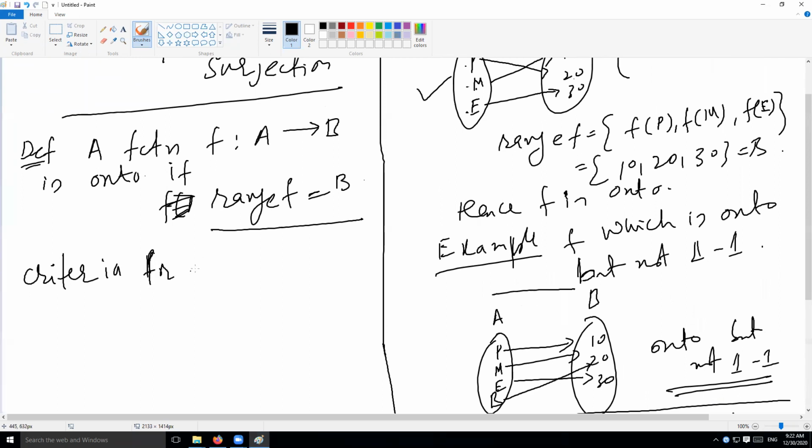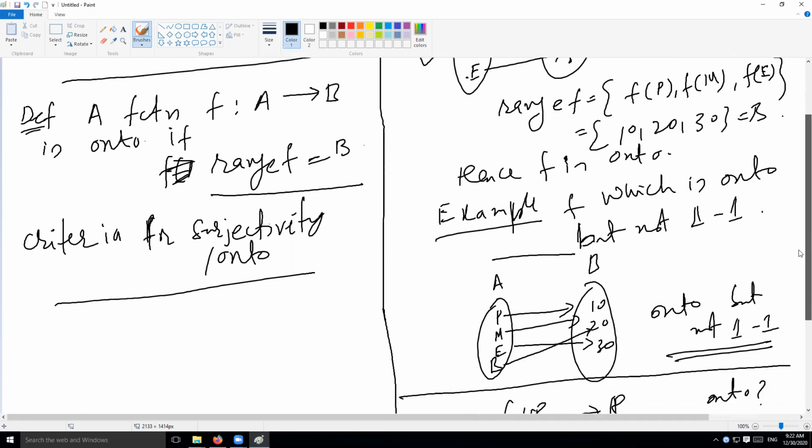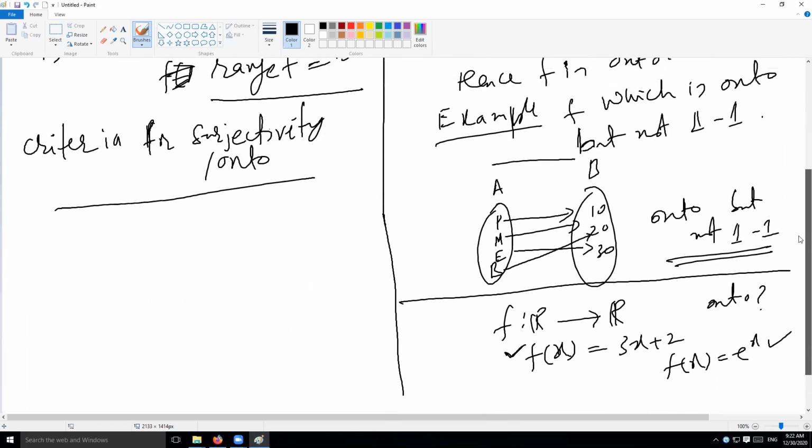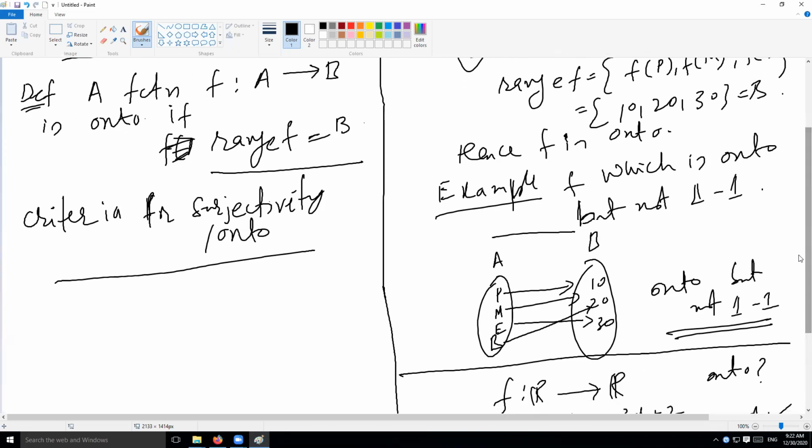for surjectivity or ontoness. In other words, if I give you a function, how can I know that the given function is onto or not? If you have been given a complicated function, it's pretty simple in case of the simple functions, but in case of the complicated functions, like functions that are defined on some infinite sets actually, how can I know that